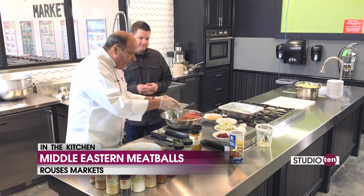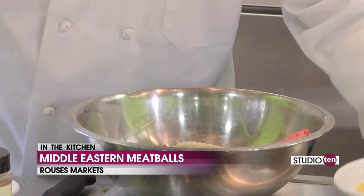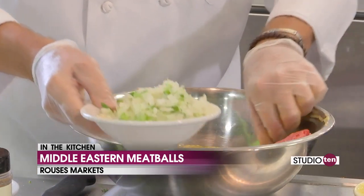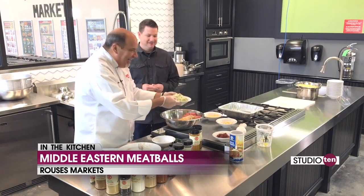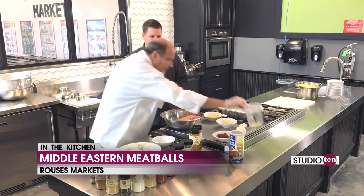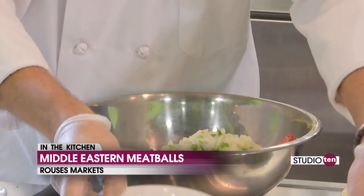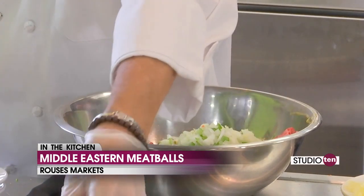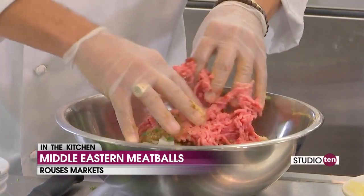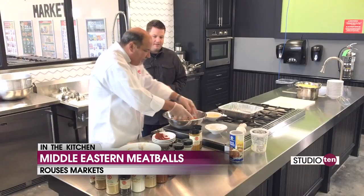I appreciate y'all. So we're going to put some breadcrumbs. We have an egg we're going to put in there. Oh, wow. Yeah, and put 2 forks, okay? Adds to the flavor. Now, you can cut up your onion. I like this Gidry's fresh cuts. Right. Yeah, onions, bell pepper, celery, and some fresh garlic, and we have some tomato paste. All right. Now we're just gonna mix all this together,